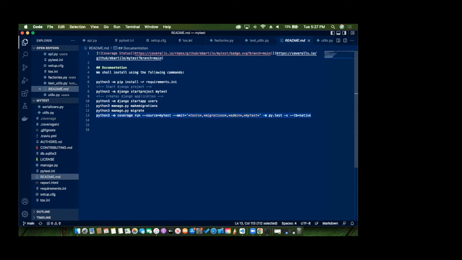But if you want to run the tests, then it's the last command right here. So we've used all the other commands and we're left with this last command to run the tests. So it's able to provide the coverage as well. We've been able to see that in percentage format. I hope